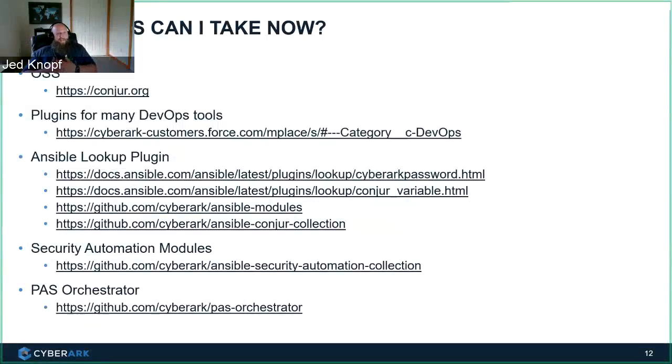If you want to kick the tires right now, go to conjur.org and you can walk through the integrations. That CentOS host that I was running, I literally just followed the instructions off of our conjur.org site and set up that integration. It just takes a couple of things. It requires a little module. Throw that in there and that'll get you going. Now, CyberArk has a number of DevOps